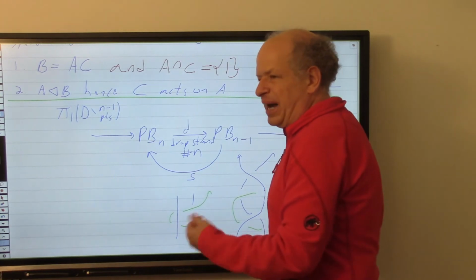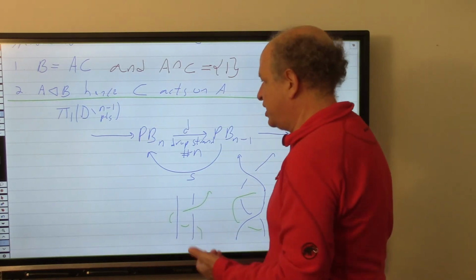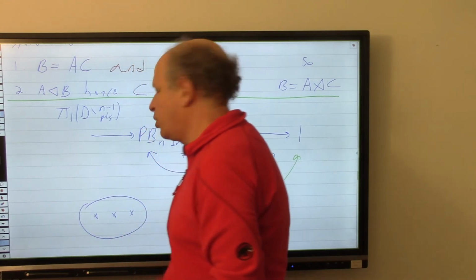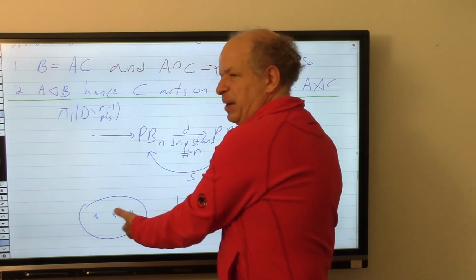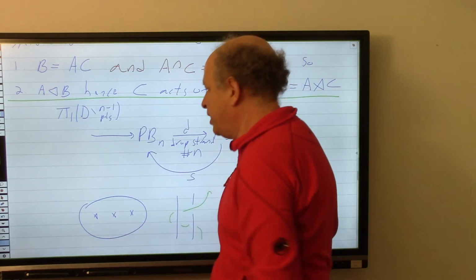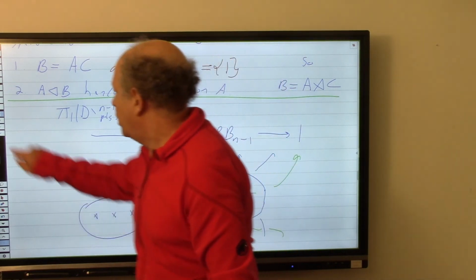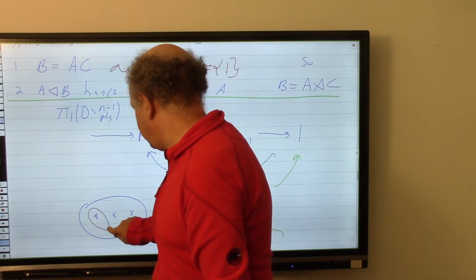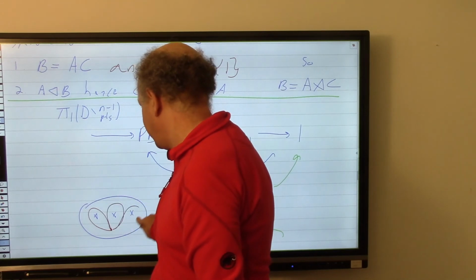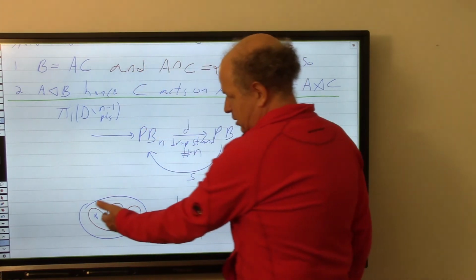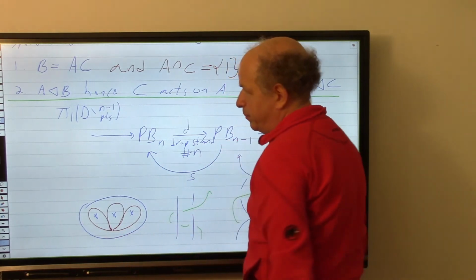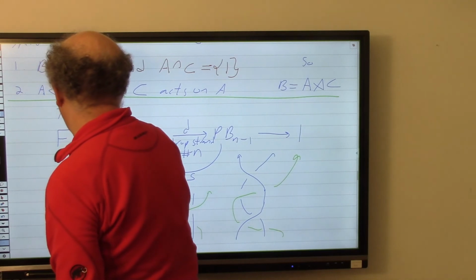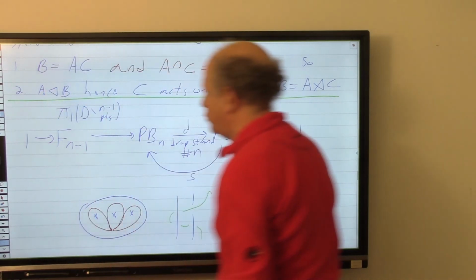If you have a disk and you remove a number of points, pi1 of that is the free group. This is homotopy equivalent to, or you can contract it to, a skeleton which looks like this, and so pi1 of it is just a free group. So the kernel here is the free group on n minus 1 letters,